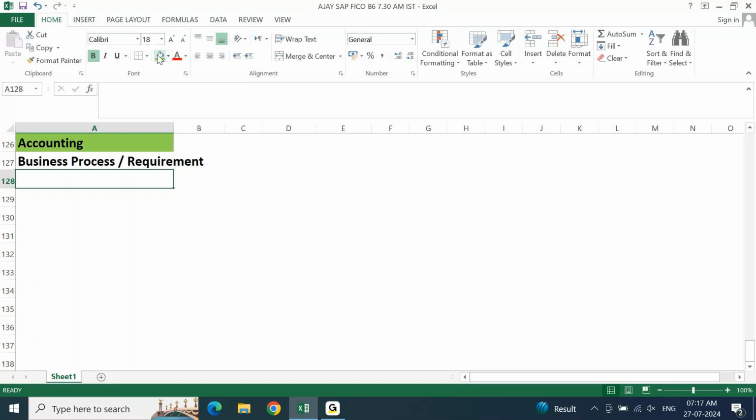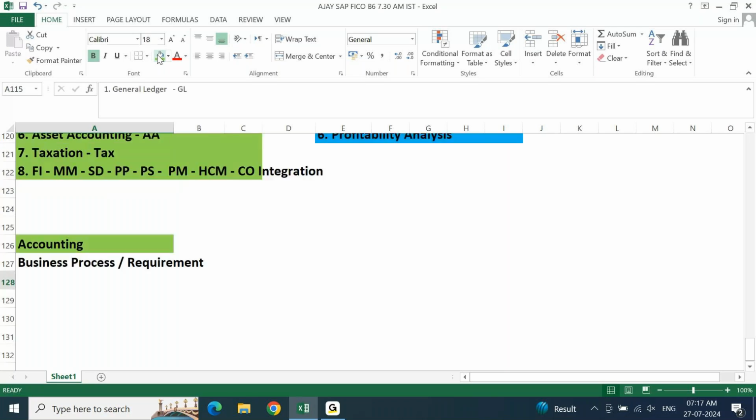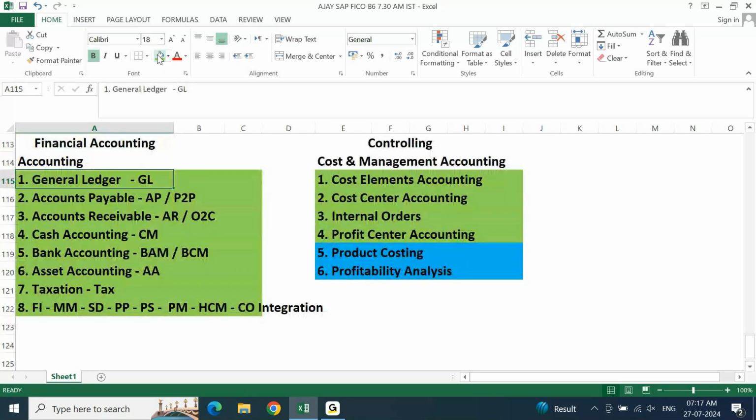But it is required that you are aware of almost everything, and on selected areas you have to be very comfortable and very strong. You decide, after knowing all the topics, which topics give you more comfort, and prepare on those areas. Now, when you're talking about which topics give more comfort, there are three topics which you should not talk about as your comfortable areas, your strong areas. One is your GL.